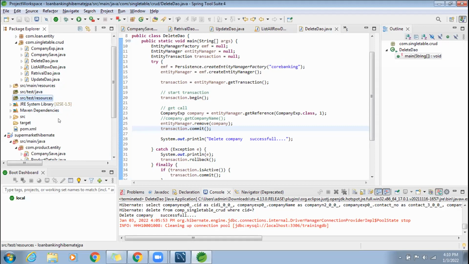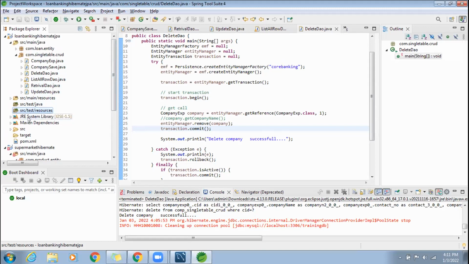You should know what the content of the file is. What is the content in the file? We gave URL, username, password, DDL, show SQL. So you can copy it from anywhere. That's not an issue, right? Anyway, are you going to do your program here in the same project? Sir, it is okay to copy from anywhere. Leave that one. Yes, that's the answer to your question.